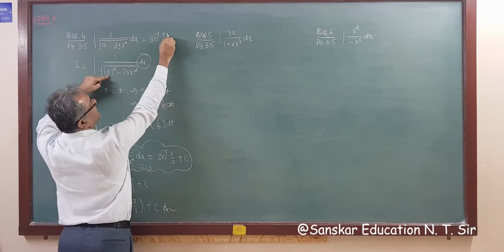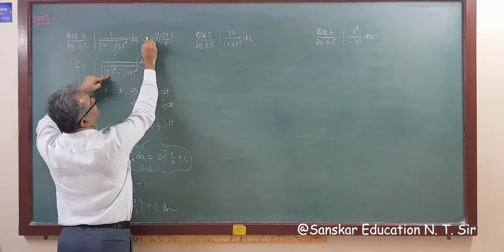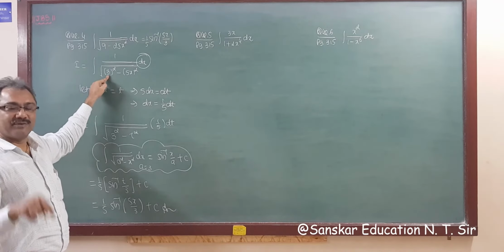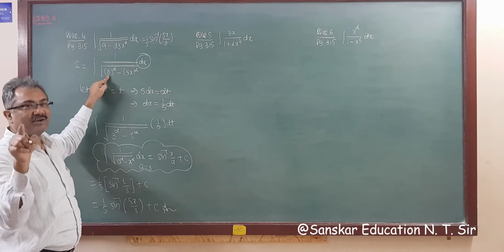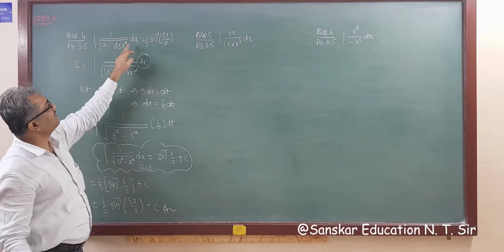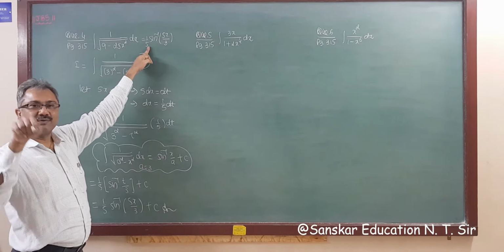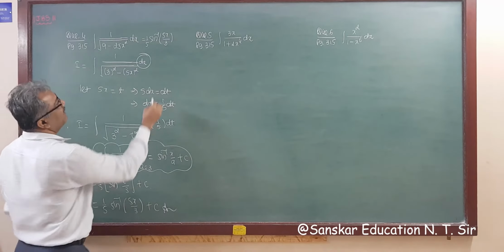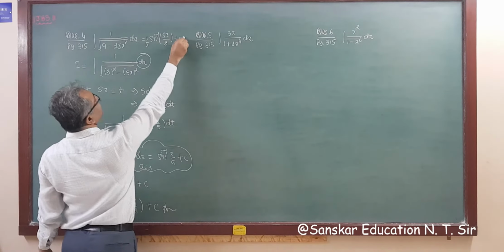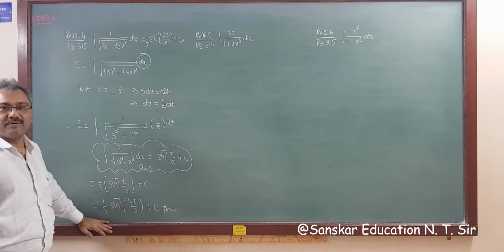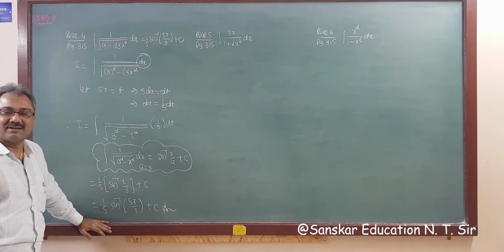But the coefficient of x is 5. So you have to divide this by 5. Sorry, not divide by 1 upon 5. The coefficient of x is 5, so you have to divide by 5. That is, you have to write 1 upon 5. And the arbitrary constant is always plus c. Then see here, there is no need to do this type of silly steps. Don't waste your time. Okay.